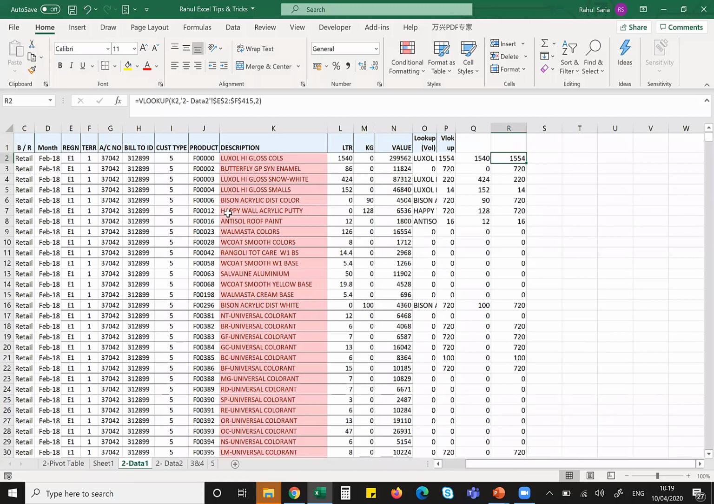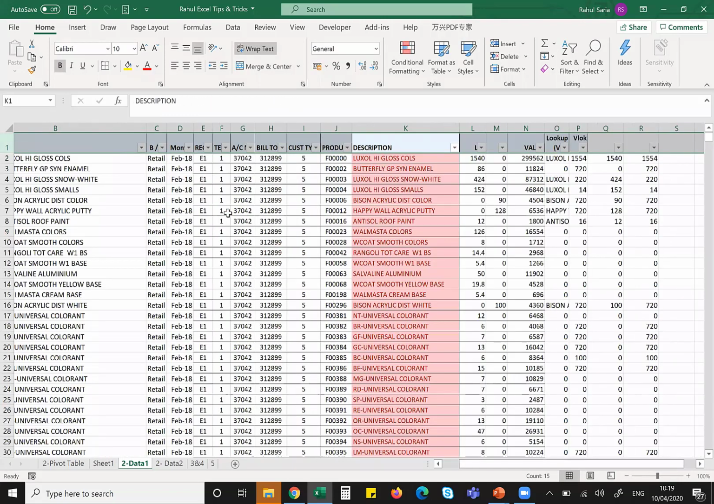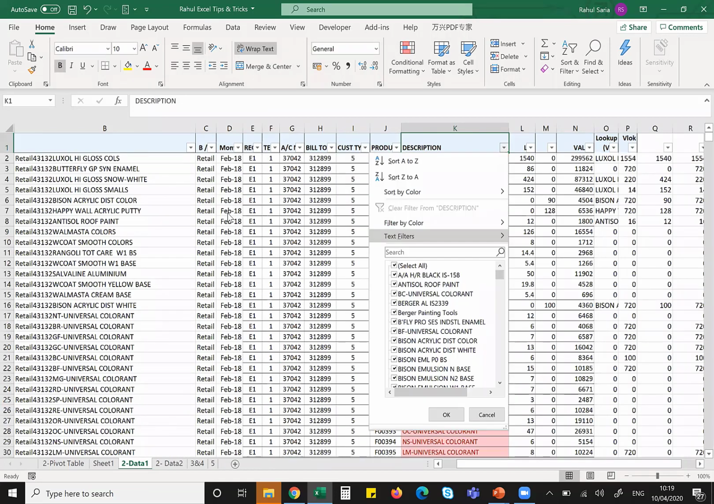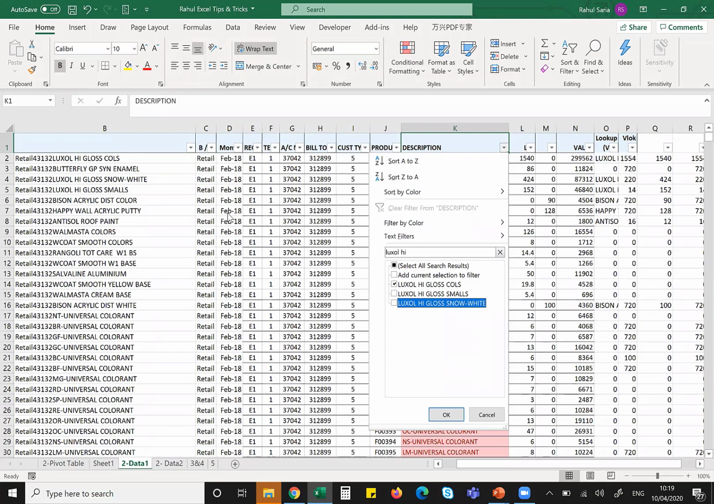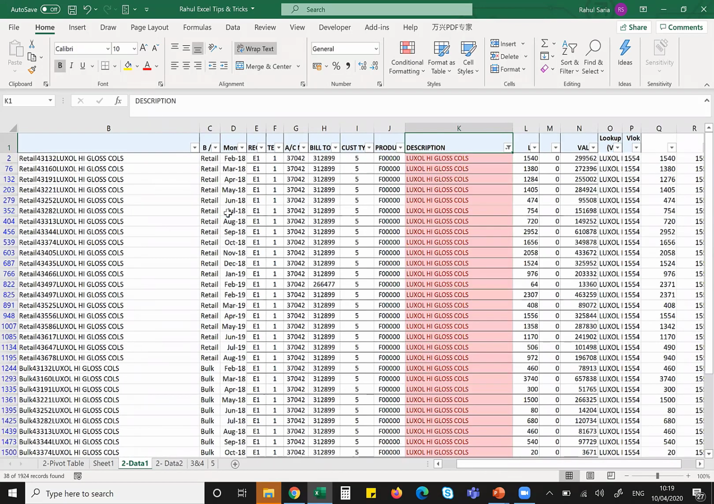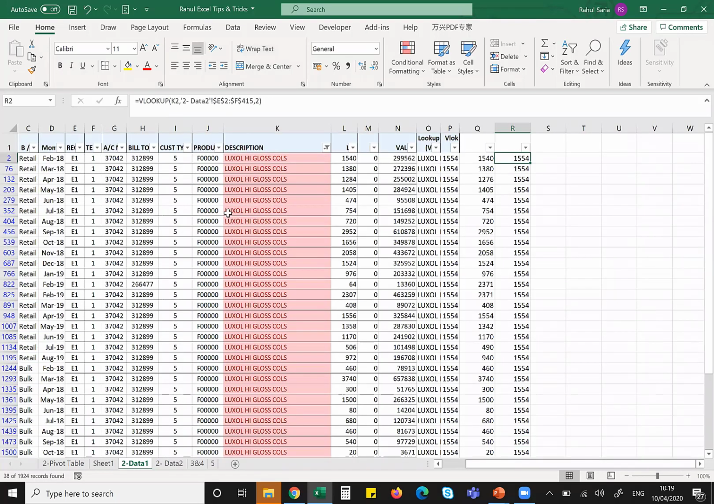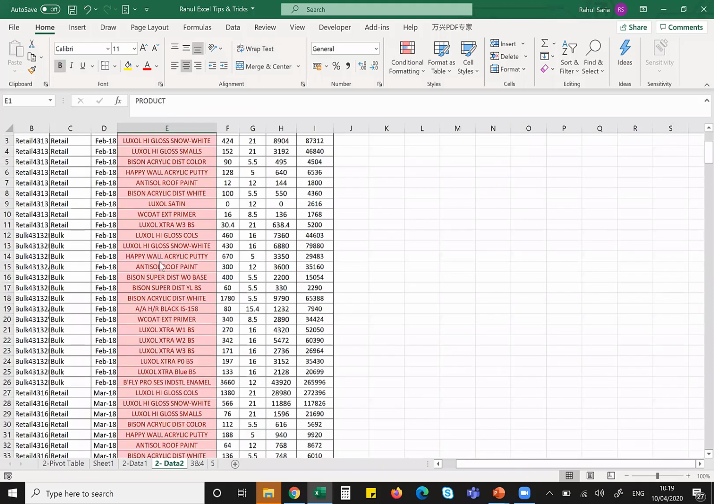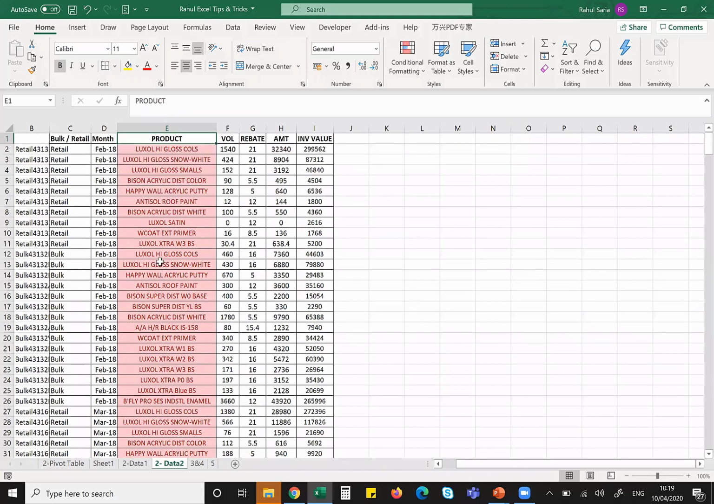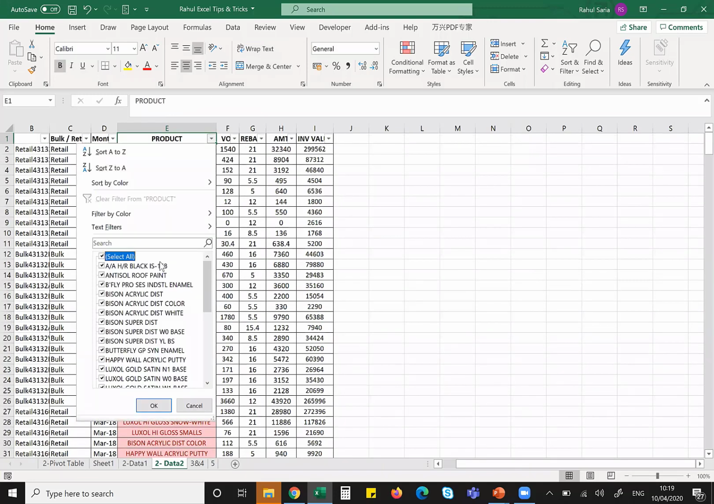Now, while doing that, the interesting part is that when you see this, there are multiple Luxol. I'll just filter and show you what is the problem with this data. I'll filter first data Luxol high gloss colors. Now you see these are being repeated so many times and all have got the same value, right? Whereas if I go to data 2 and I select again